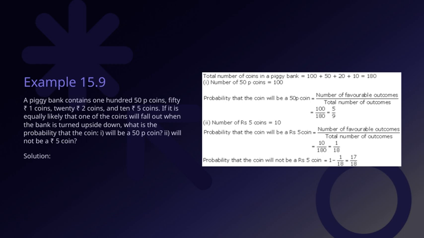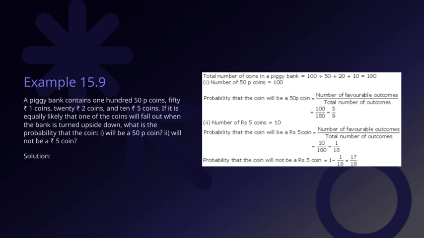The number of coins that are not 5 is the total number minus the number of 5 coins. That's 180 minus 10, which equals 170. Therefore, the probability that the coin is not a 5 coin is 170 divided by 180, which simplifies down to 17 over 18. So, to summarize, the key points are: the total number of coins is 180,